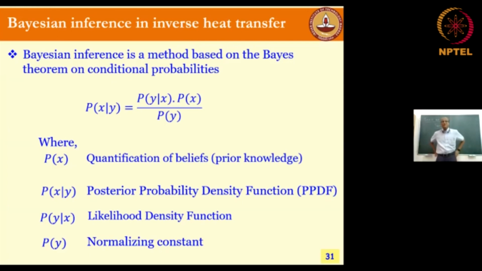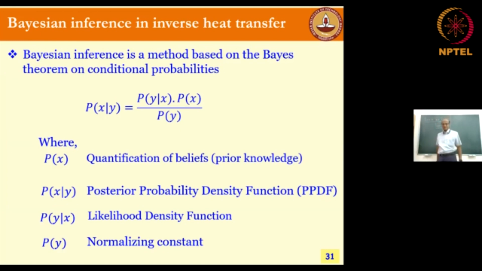So P of X is our belief, or the quantification of beliefs. It's called the prior knowledge. P of X given Y, the left hand side, is called the PPDF, the posterior probability density function. The P of Y given X is called the likelihood density function, which is basically